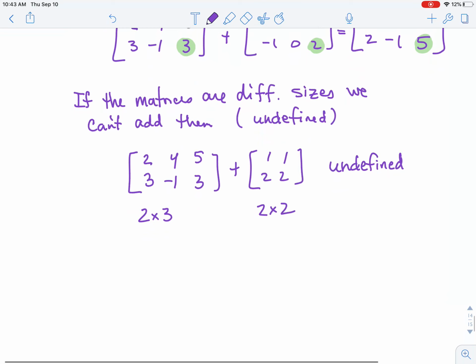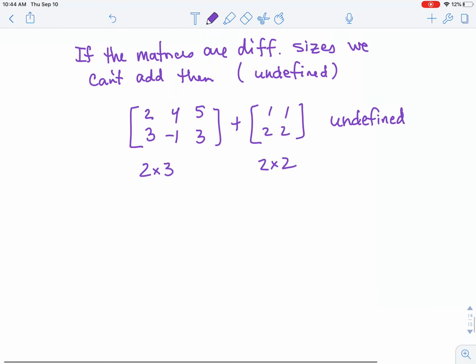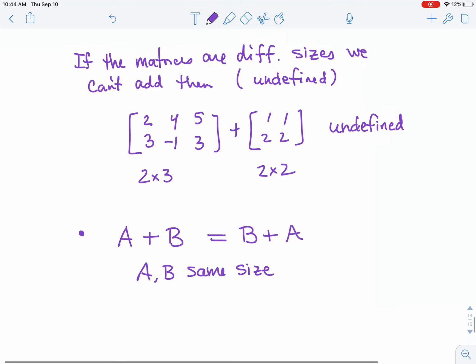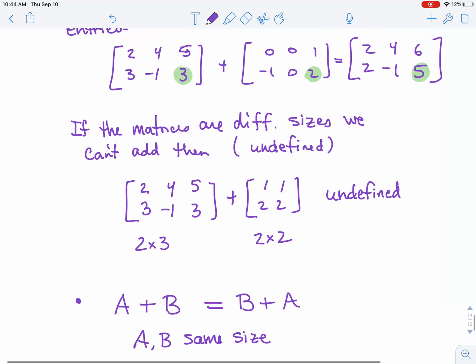There are a bunch of properties that are going to be true when we add matrices. For instance, if I add a matrix A plus a matrix B, so that means A and B are the same size, that's going to be exactly the same as adding B plus A, right? And I want you to think about that, right? If I switch the order here of these two matrices up here,